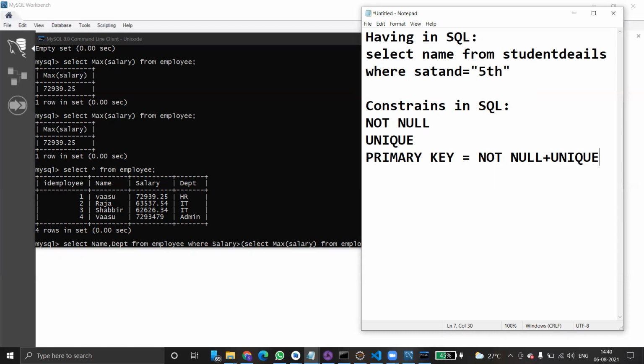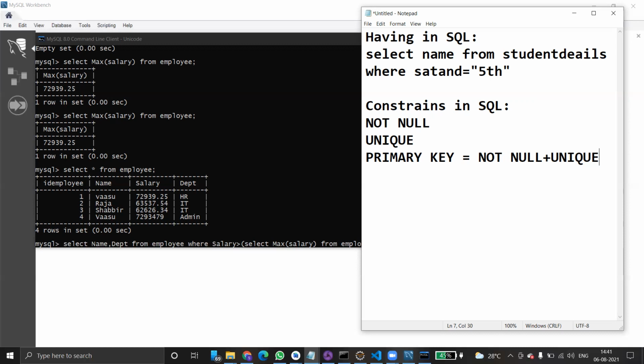Got it? So a primary key is used when you want to identify each row uniquely. It uniquely identifies each row. Examples: employee ID, SSN number, Aadhaar card number. These act as primary keys, right?